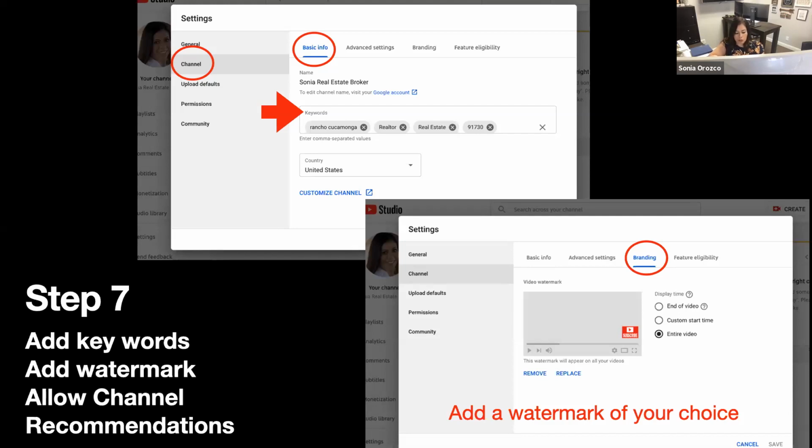And then you can allow channel recommendations as well, which is on another page, because if you go down, each one has different defaults, and you want to allow your channel to appear in other channel recommendations. So again, that's what your keywords are for. So let's say someone's watching another video that has to do with a home in Riverside or something, and you want yours to come up. That's how the other ones keep going. You can keep watching videos, because it's the recommendations that come on the side while you're watching videos. You definitely want to make sure that you allow channel recommendations, because that's going to keep you in front of different people.